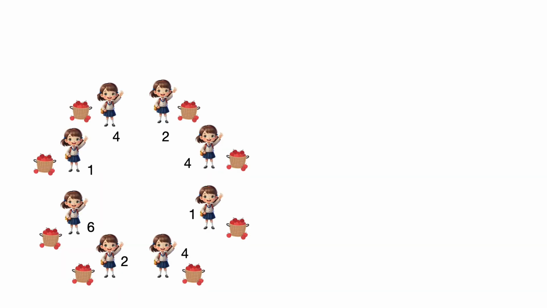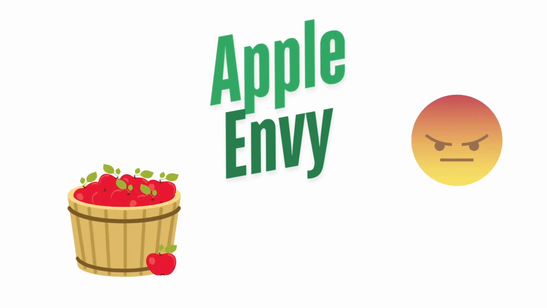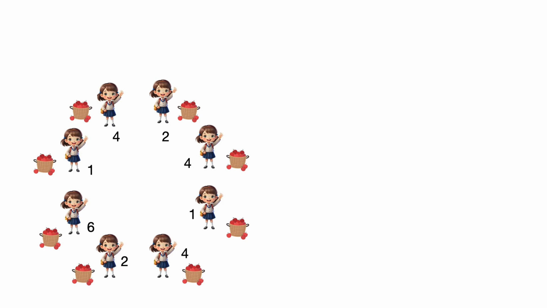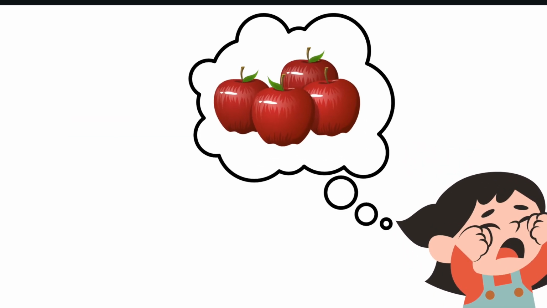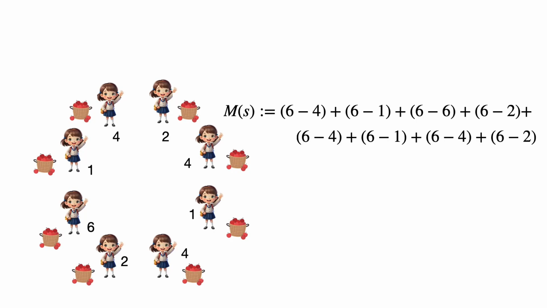Let's go back to that example. Now in this example, if you fill in a bit of story and think of these girls as having apple envy, we'll be able to solve this problem. Imagine every girl in the circle wants to have the maximum number of apples. They're all envious of that girl who has 6 apples. And the amount of apples missing to become the max apple person is the apple envy that we assign to each person. In this case, 6 is the maximum number of apples, and the total apple envy is 24. In other words, if the teacher had 24 apples to distribute, then everyone could get 6 apples.